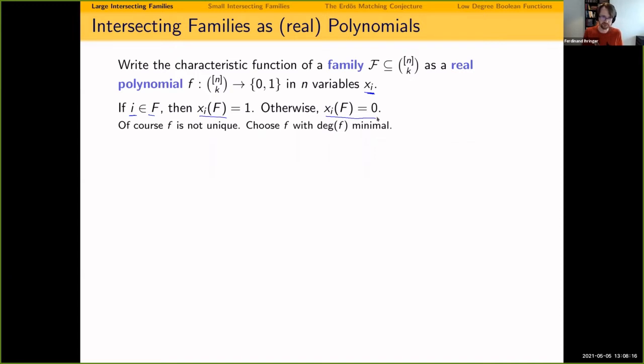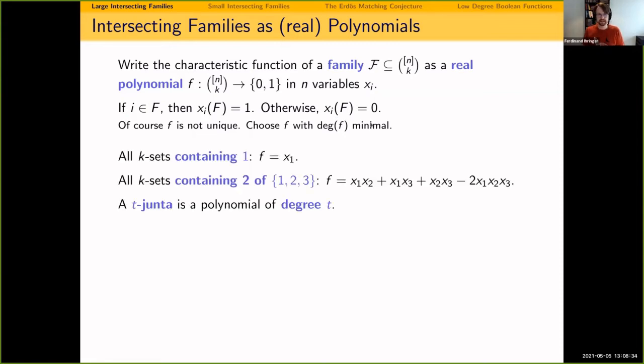This is not well defined throughout my talk in a reasonable way, but you can believe me that you can always do that, and that you can always try to find a polynomial that has a minimal degree. It's not unique what you choose there as a function, but you can always find one that is minimal in some sense.